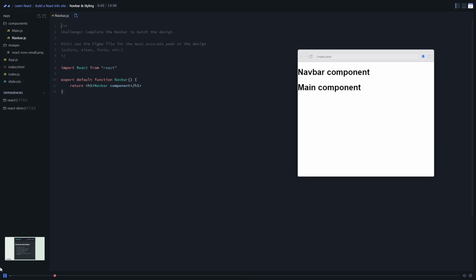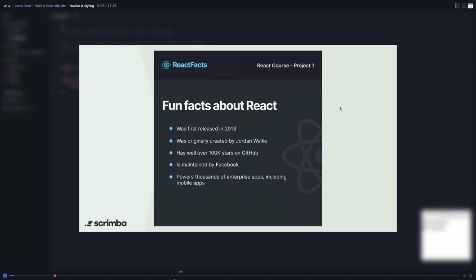Okay, this is the fun part. We're actually going to make our navigation bar look the way that it looks in the design. A couple pieces of advice. I highly recommend you reference the Figma